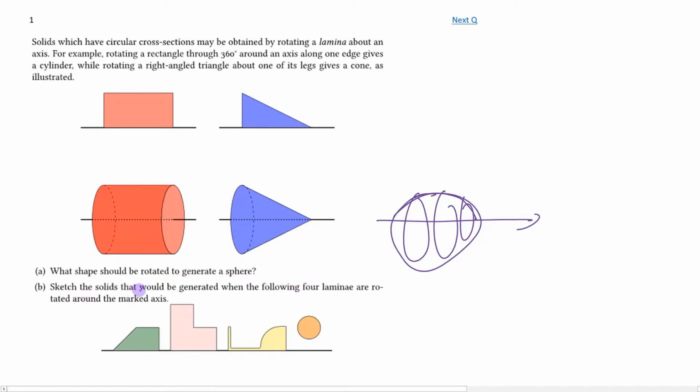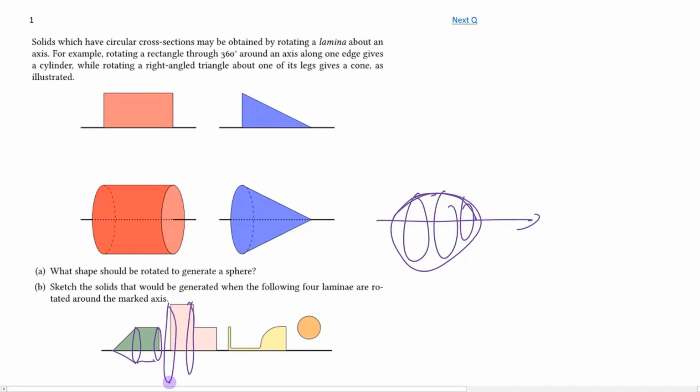Hopefully you can see that a semicircle will generate a sphere. Sketch the solids to be generated when the following four laminae are rotated around the marked axis. So we want to rotate this around that axis. So you can imagine a cylinder being formed by that rectangle and then this bit as a cone. So you can imagine a cylinder and a cone combined. And this one you should hopefully imagine